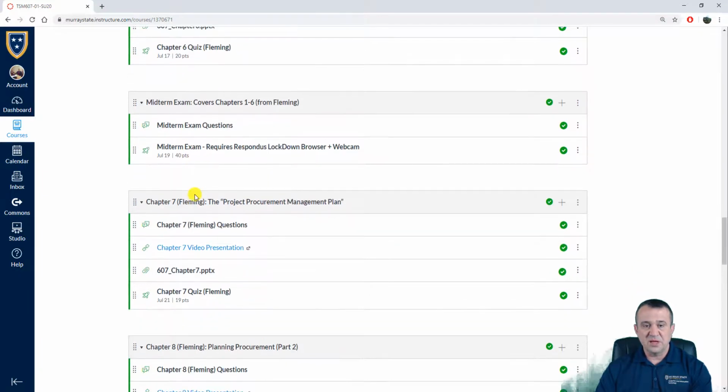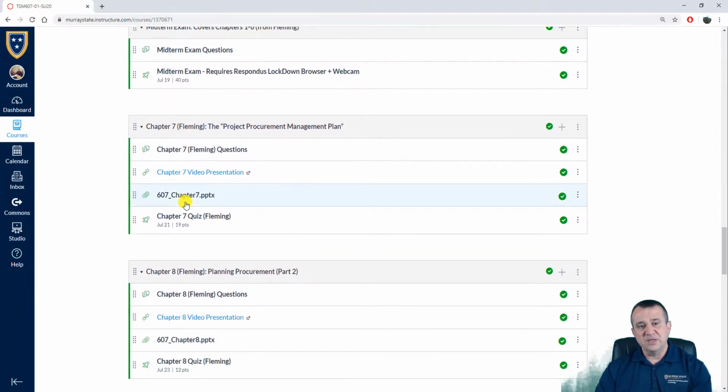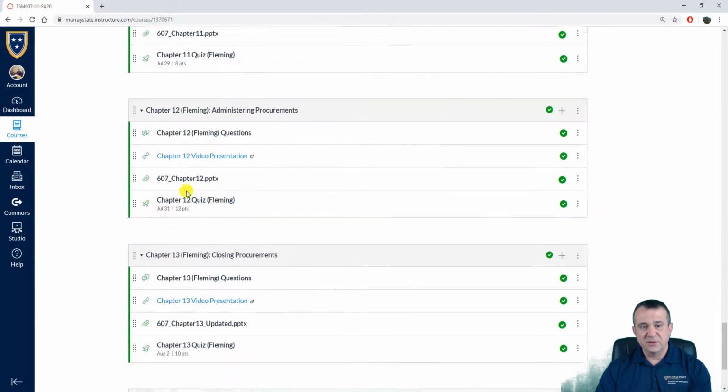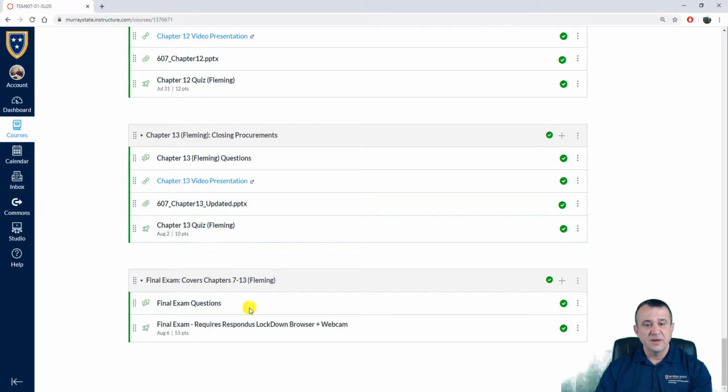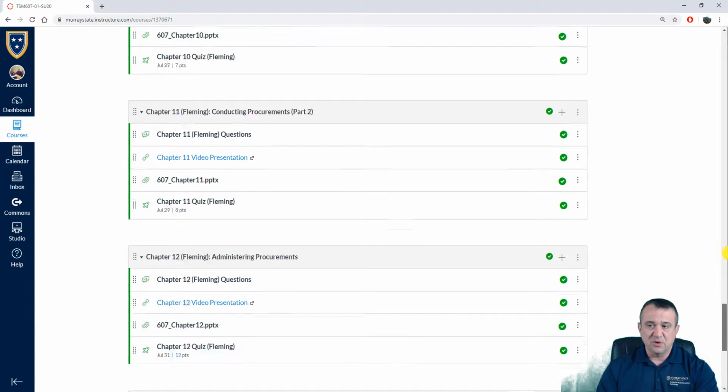So you'll take the midterm exam that covers chapters 1 through 6 from Fleming. And then you'll proceed with chapter 7 through 13, which is the second portion of this course. And then you will take the final exam that will only cover the chapters covered after the midterm exam. Okay. And then right before the final exam on August 5th, you will submit your procurement plan. Okay, so that's it. That's all I wanted to say about getting started with this course,